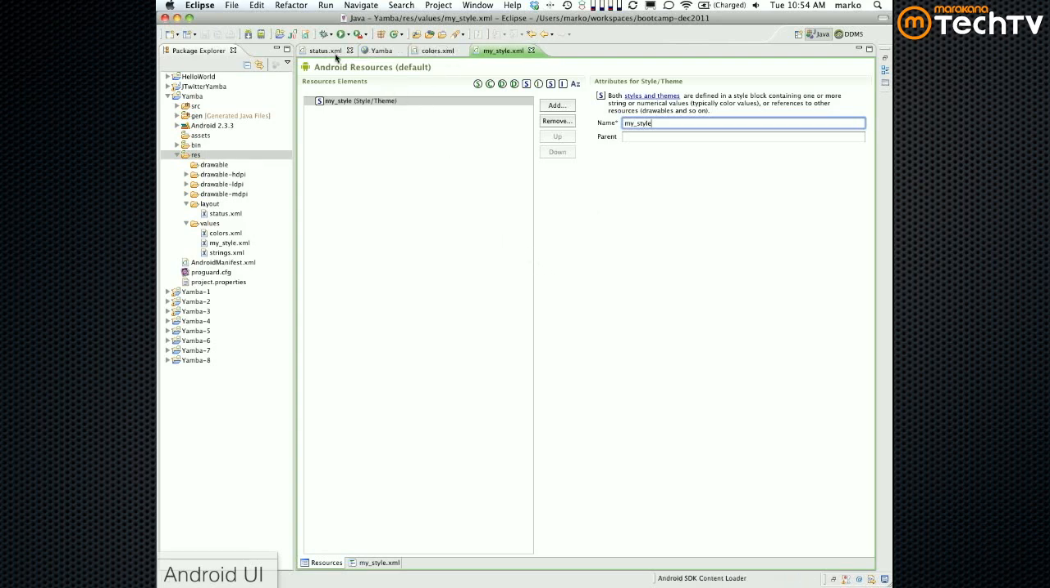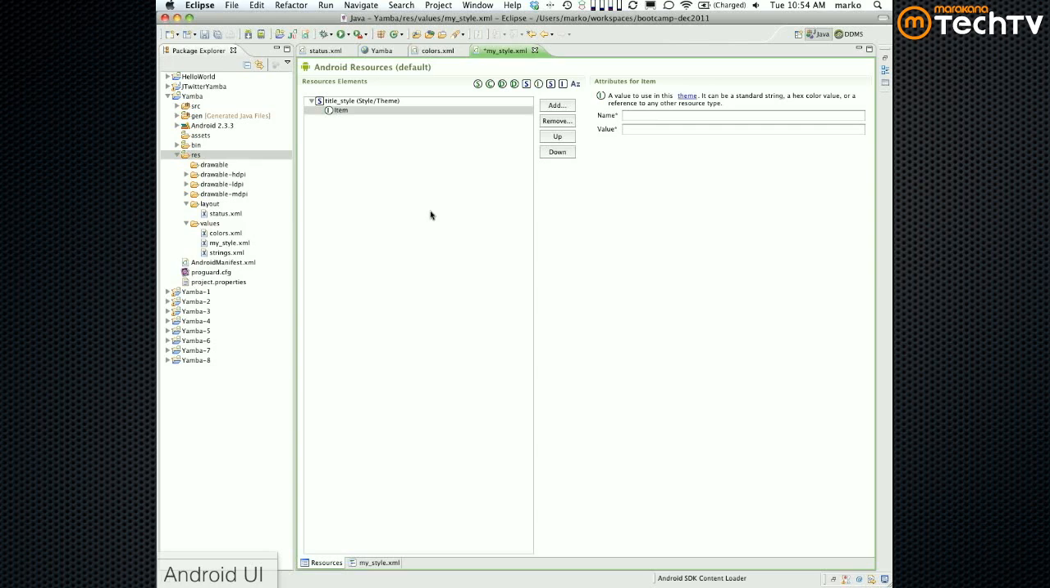Now, what you would do is you would copy certain things. As opposed to my style, I'll call this title style, my title style, like for the title of the app. So what you can do now is you can add items to this style, okay? And items are name value pairs that specify the value for that. So for example,